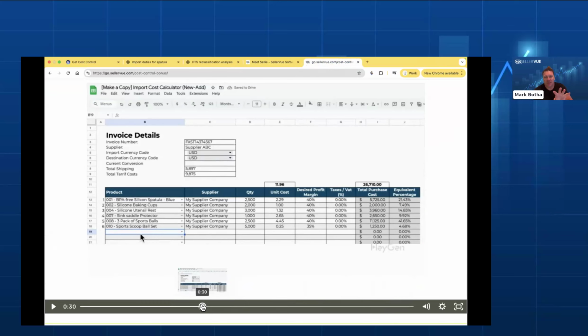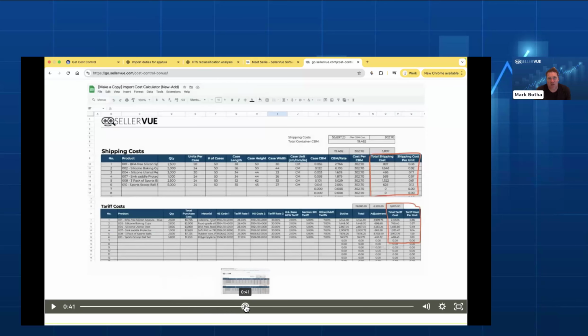Your products, everything is inside here. You can understand what your product details are, what your desired margins are, and you'll get a total purchase price and your equivalent margin. At the end of the day, what we want to understand is what our shipping costs are on a per